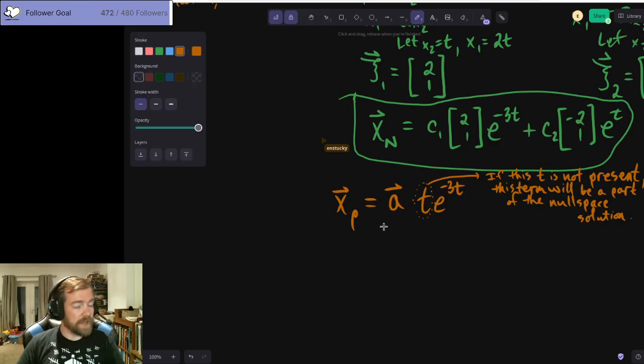And in order for that to happen, we then say, okay, let's just bring this up a level in terms of a polynomial order. So here we're going to say that our particular solution includes the t because, as Stucky said, if we take the derivative here, we get some stuff that's got t e to the 3t, if we take the derivative of e to the negative 3t. And we've got stuff that doesn't have the t and just has e to the negative 3t as a part of it.